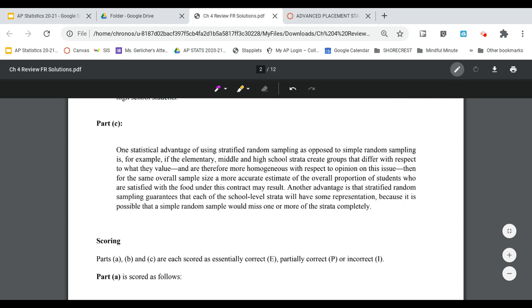Their point is elementary, middle, and high school create groups, they say, that differ with respect to what they value and therefore are more homogeneous with respect to opinion on this issue. Little kids are more likely to like bread and cheese things, and older kids might be more interested in something a little bit more interesting, like something spicy or sushi, that's not as little kid friendly. So by